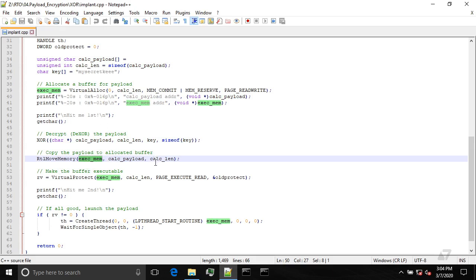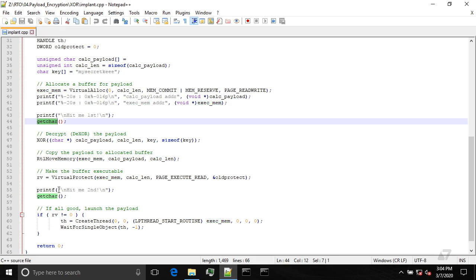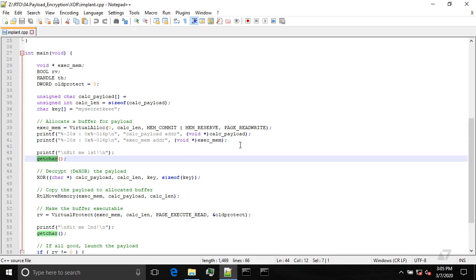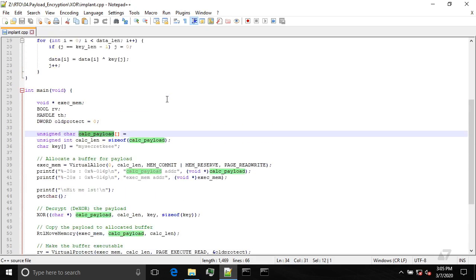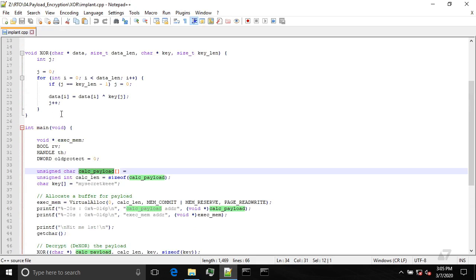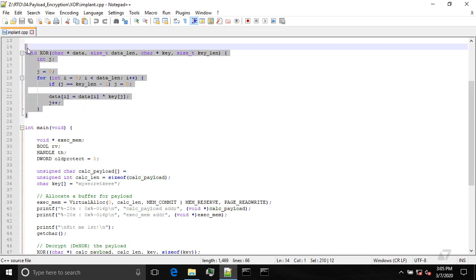Okay, so it all looks similar, and again I'm gonna be using a double getchar to show you how it all works internally with a debugger. So the only missing piece is calc payload. Let's take a look at XOR. XOR is actually a simple function,